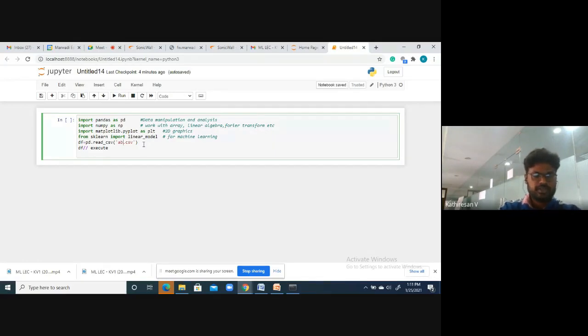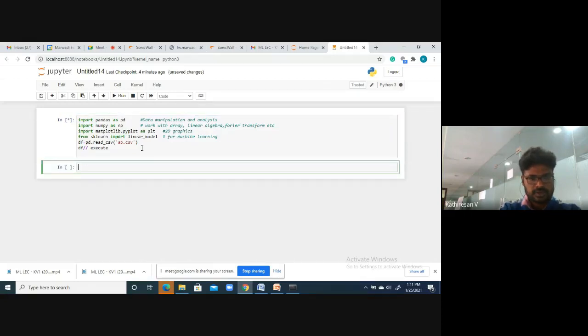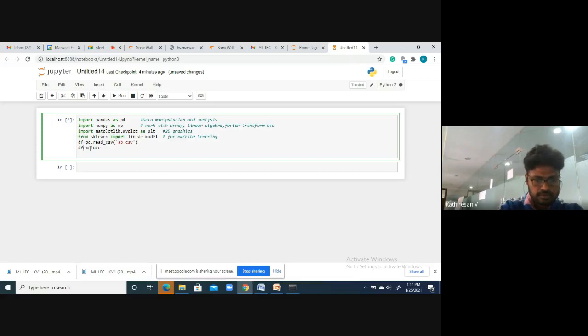Then you can access it easily. This way you can visualize the data.